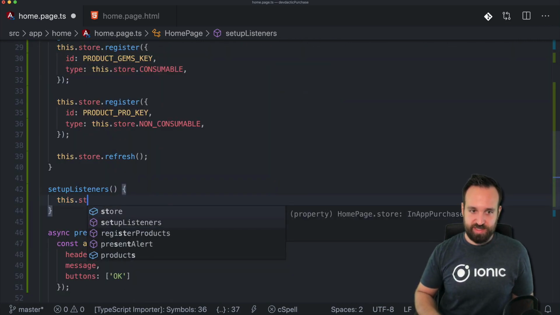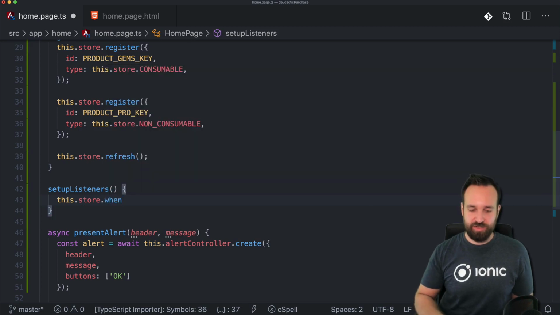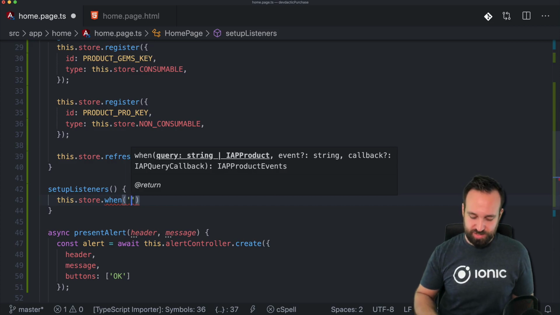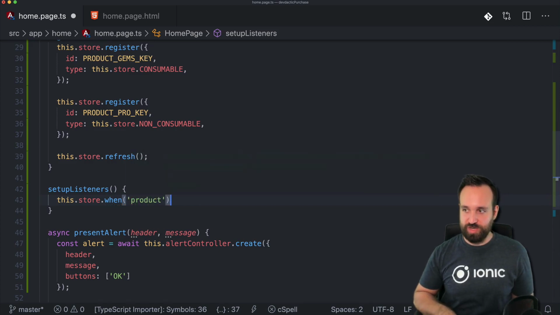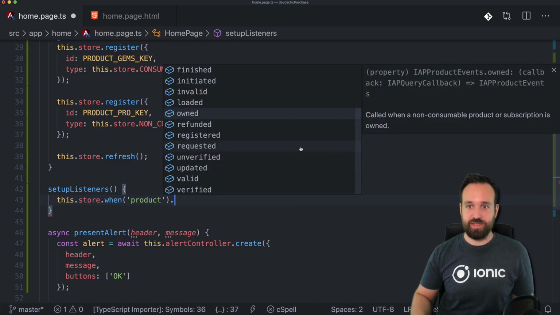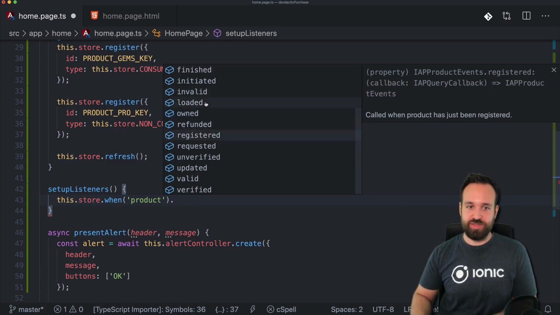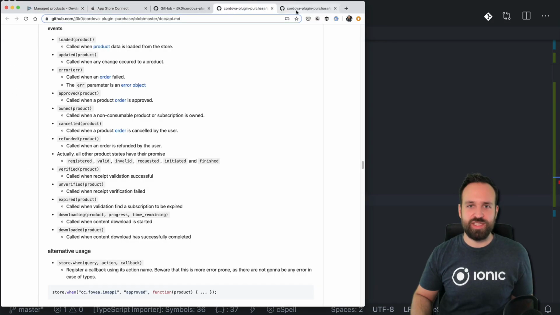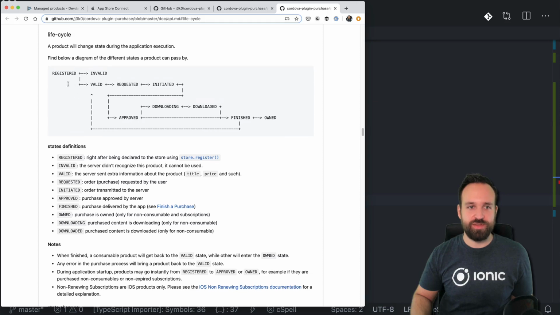So we can say this.store when, and then do a lot of things. We could have a query or an in-app product. So let's just query for every product. And once you get this, you can now listen to these specific events. So there's actually a state machine, which I think is interesting to take a look at within the repository. So you register something and it is either invalid or valid. Once it is valid,